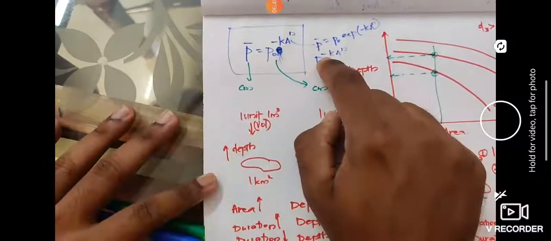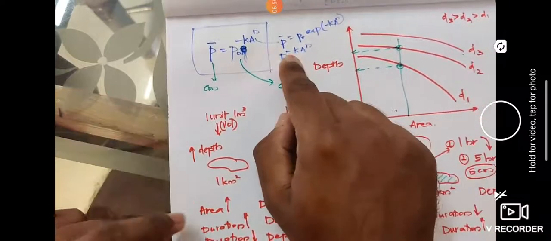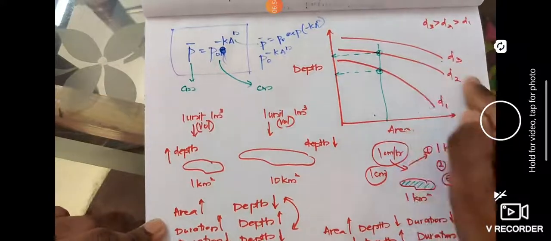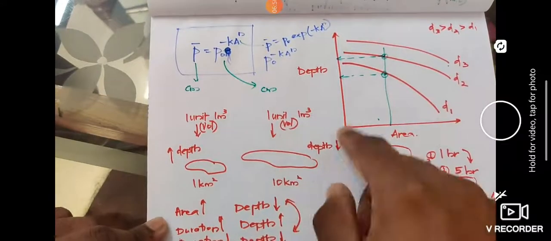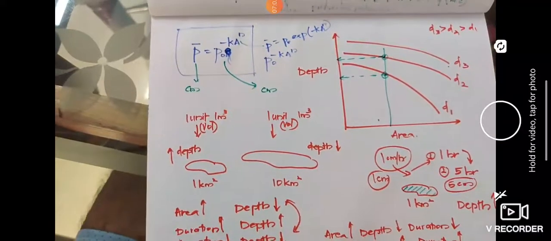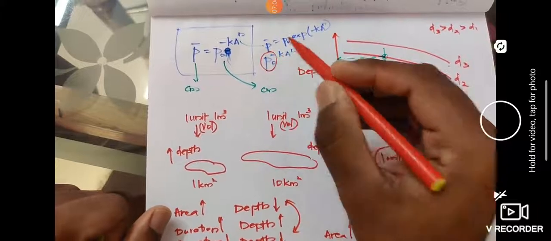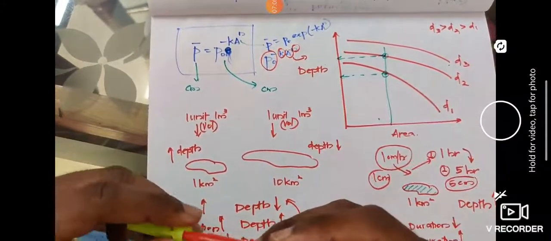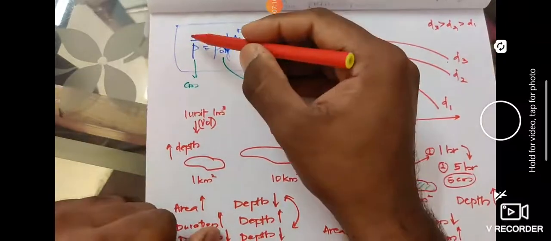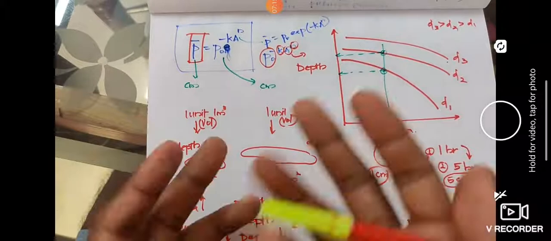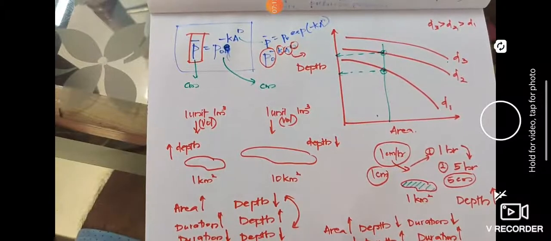If you see this raised to minus term, it will be decreasing exponentially. This decrease is called exponential decrease. So this depth is decreasing exponentially. That's how the DAD is varying. In the numerical also, sometimes they'll be giving the value for maximum rainfall depth, the K value and n value, and the catchment area will be given, and you have to find the average depth of rainfall using this equation. You can expect a numerical from that also. I'm not explaining that here, but you can expect that.